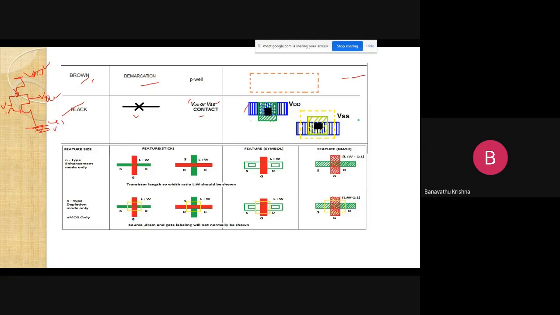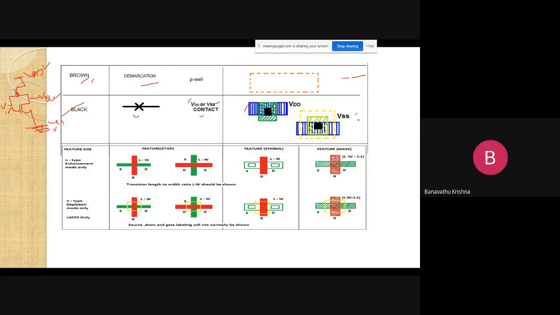For the layout representation in this formation, I want to cut some portion of this contact cut area with the combination of the metal layer and diffusion layer. There may be a connection here with the black color. This is the way for the VDD connection, the VDD contact cut. And one more thing is VSS, which again has a metal layer and a P diffusion layer like that. It is taken here as another form of contact cut, which is VSS.